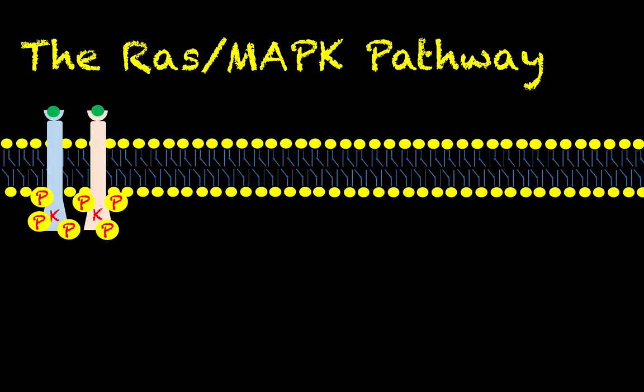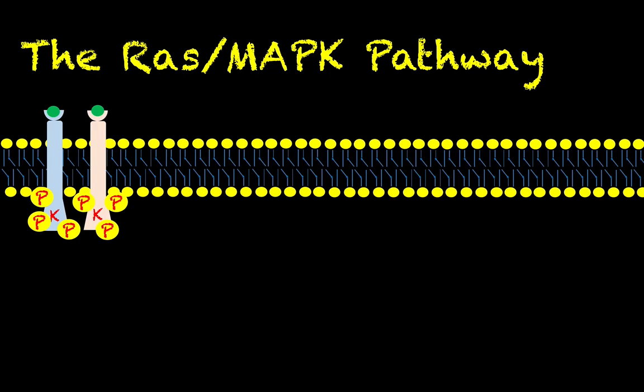Okay, so let's look at the RAS-MAP kinase pathway. This receptor here could be basically any of the receptors that we were looking at before, the epidermal growth factor receptor, the VEGF receptor. So you can see what we talked about before, that once the ligand binds, and this ligand would be one of those growth factors, whether it's VEGF or EGF or one of those, we get dimerization and trans-autophosphorylation of the